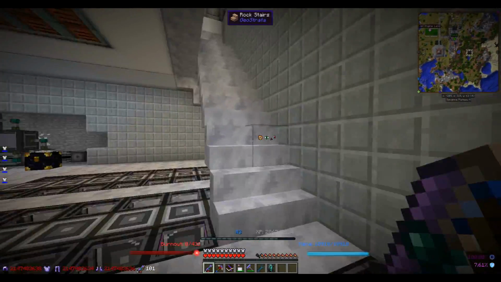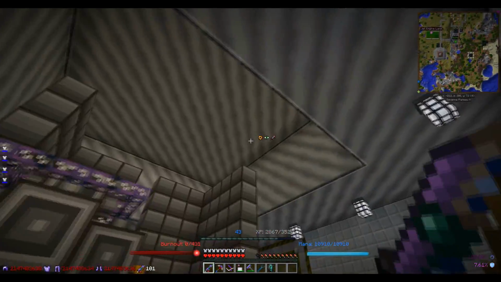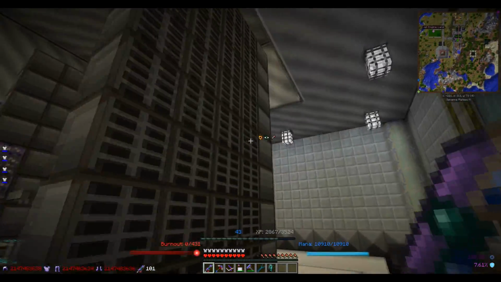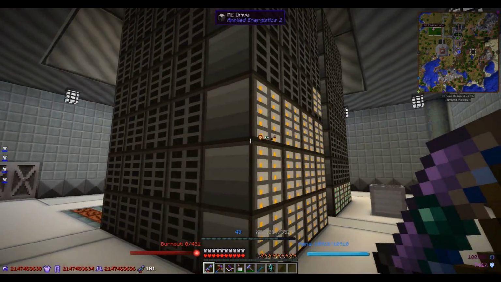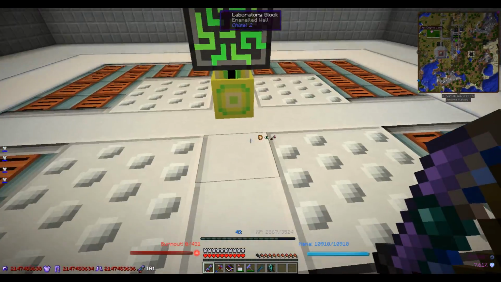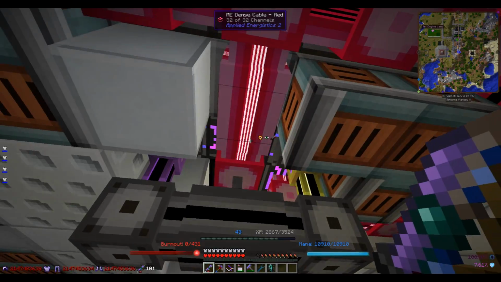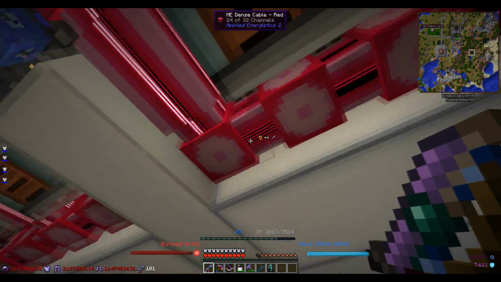Now, if we head upstairs real quick, you'll notice something else. I've expanded the roof of the building and increased the count of drives up to be 8 per. There was a reason for this. With my 3 high by 3 wide with an extra row, I was getting 21 channels, which is extremely inefficient. So now I have 32 channels going in there, and 32 channels are...